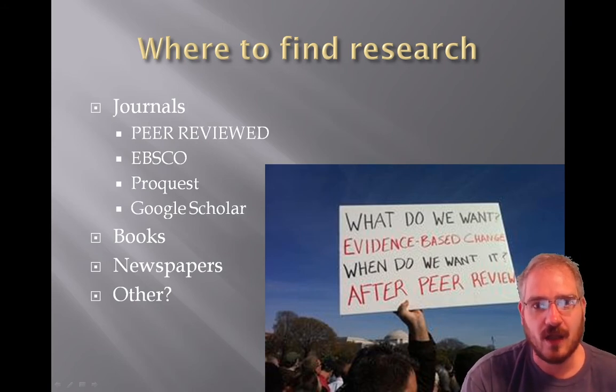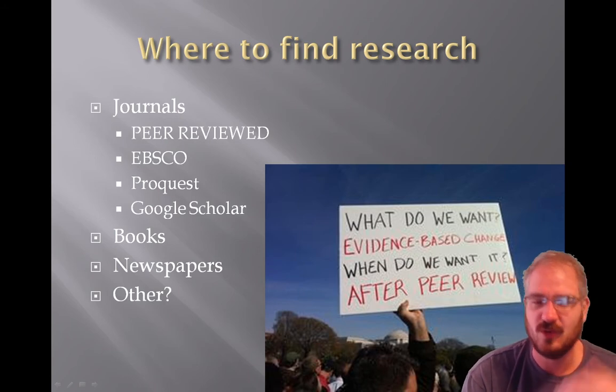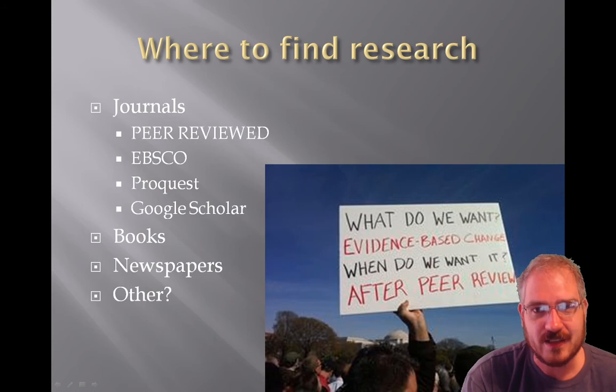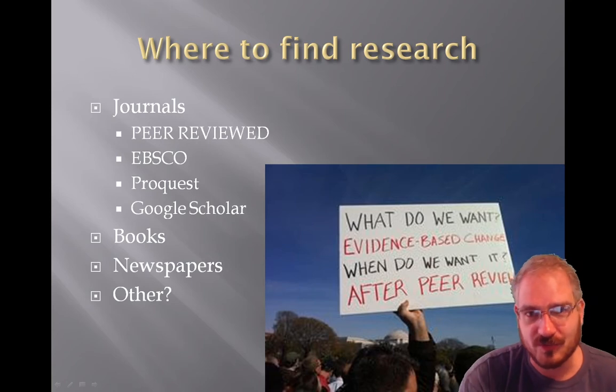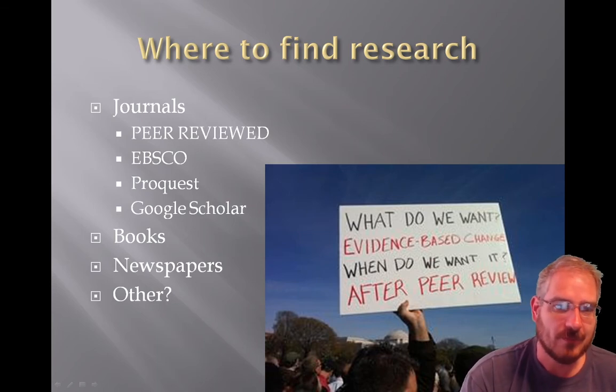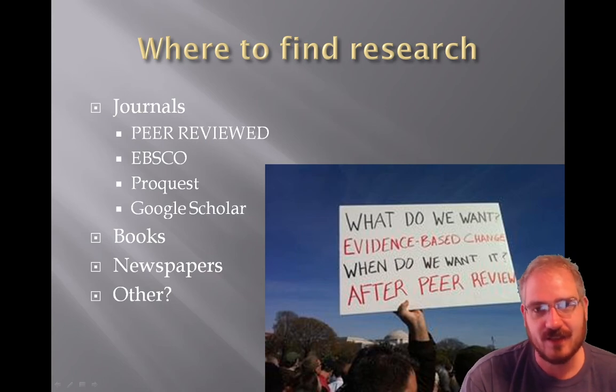Okay, Google Scholar is a very similar thing, but done obviously through the Google program. So if you open up a web browser and go to Google, there's Google Maps and Google Mail and Google this and Google that. One of those is Google Scholar, and you can use that service to find essentially these peer-reviewed journal articles. A lot of them are going to be behind a paywall, but a lot of them aren't. So look for those that are free and open access. 95% of a good research paper's citations should be from journal articles.